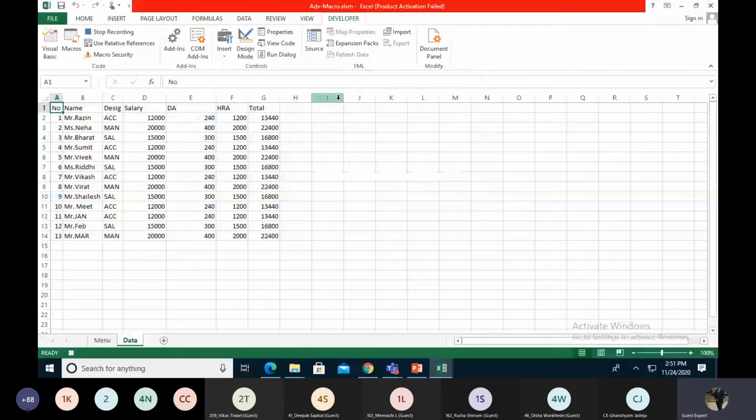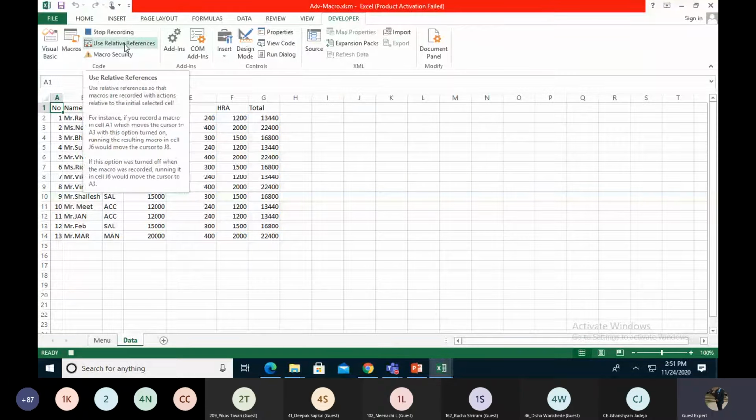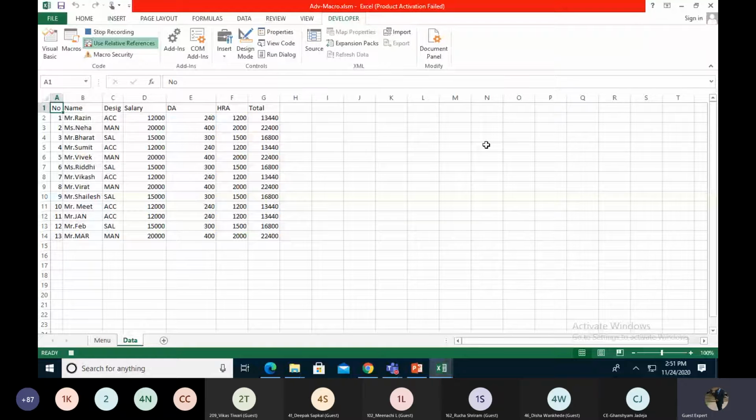SUMIF data. Okay. So after completion of these things, it jumps to the last row, and then I click use relative reference, and it jumps into the total. It goes to the section on the left side, and if there is an accountant, then over here SUMIF. So first of all the sum range.